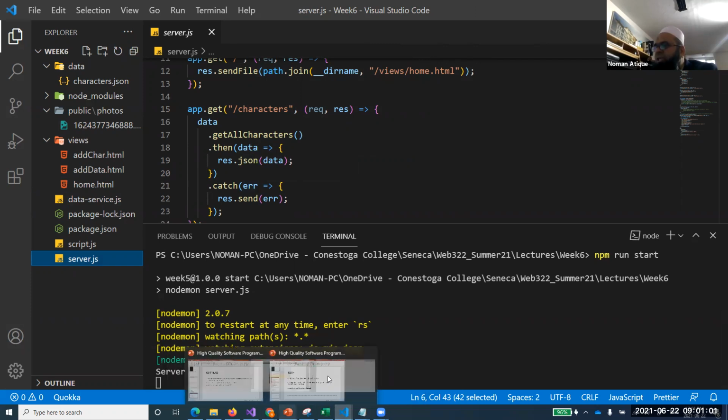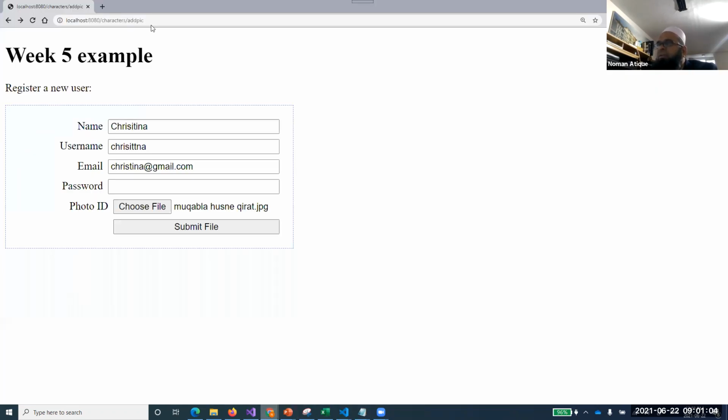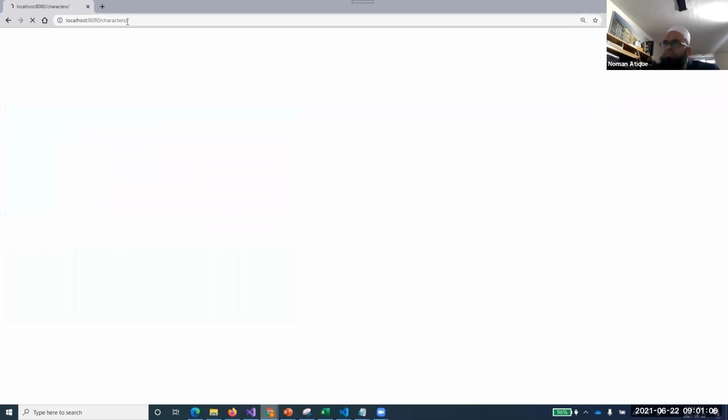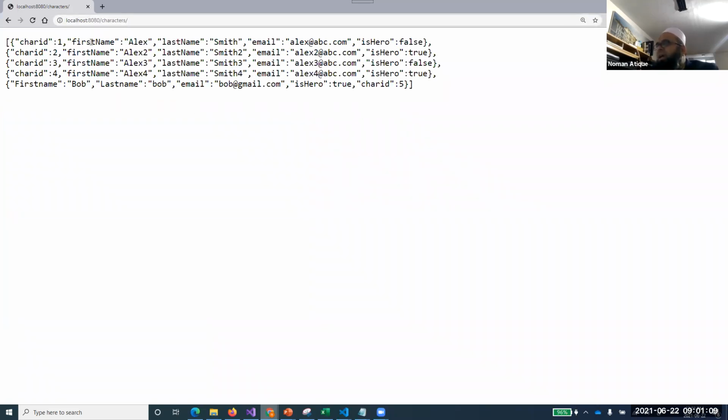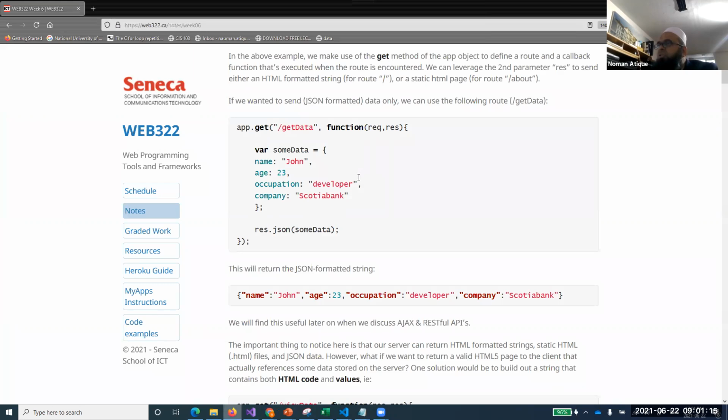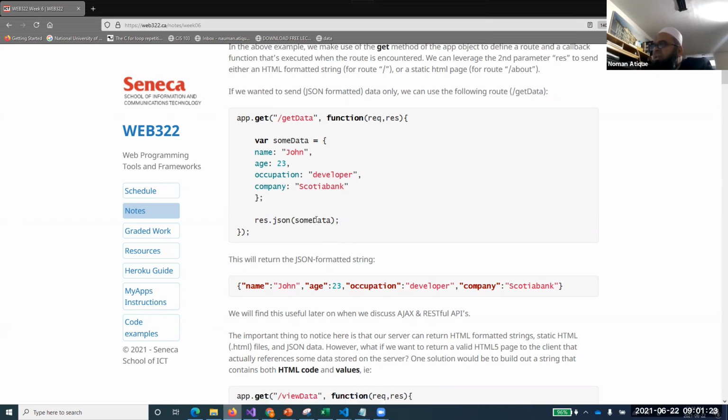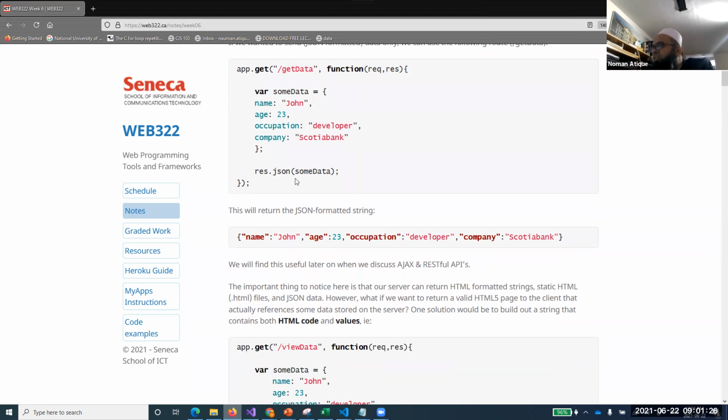So the data that you see here, when you are just accessing characters, is basically this raw data. This is a JSON file, right? Here they have given the JSON in direct form, some data equal to something like this, name, age, and so on. So this is the data. When we do this .json, it returns the JSON formatted string, with inverted commas around the fields and around the values. Again, this is an integer value.